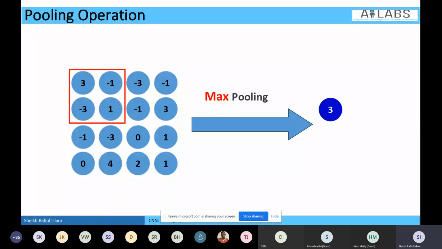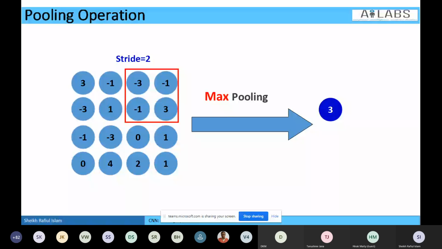Now, after that, the window needs to be strided to the next position, and depending on the value of stride, it will be moved from here to another position. If stride is 2, then the next position of the window will be this. So again, if we perform max pooling, what is the maximum value there?